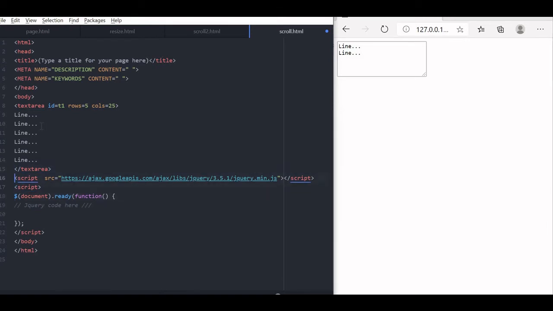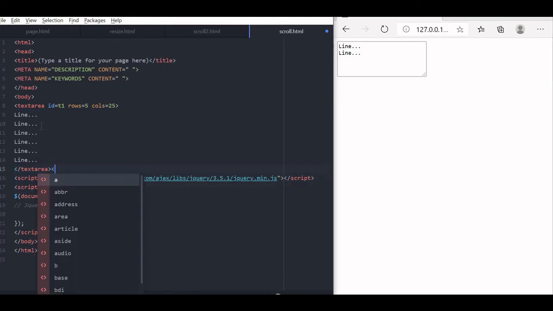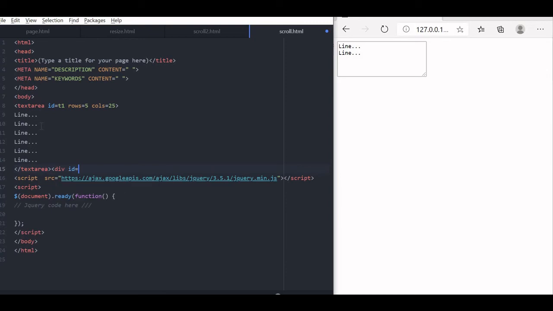Fine. Now we'll be displaying one div area also. Div id d1. Here the message will display. That's why we are writing it with id d1. Now we will start with our jQuery code. Here we will get the scroll event of our text area. So the selector is t1, the id we have used. Now scroll,